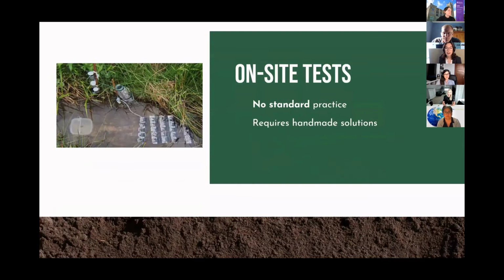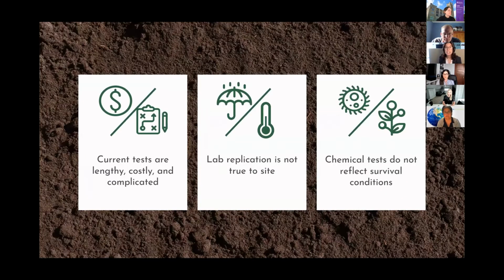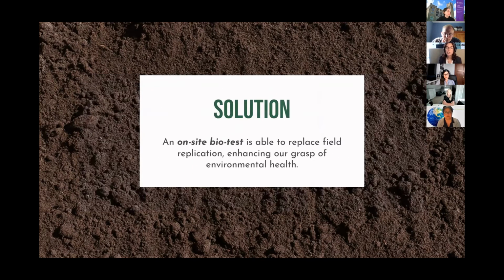For environmental monitoring, testing is lengthy, it's costly, and it's complicated. Because test samples are removed from the testing site, they don't experience the same site conditions. In addition to this, chemical tests alone do not show if a plant could survive in the current conditions. That's why our solution is to create an on-site biological test that's able to replace these field replications and improve our understanding of environmental health in real time, making it easier to monitor wetlands, municipal storm collection, water treatment plants,